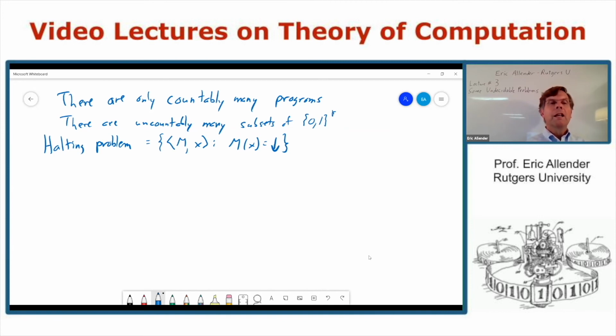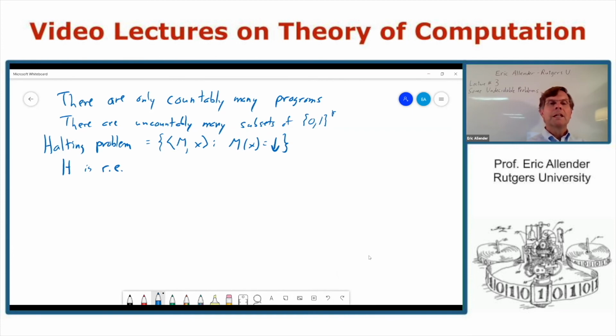So I will claim that the halting problem, let's just call it H, is recursively enumerable. It's Turing acceptable. Why is that? Well, you take as input M and X, you run, using our universal Turing machine, M on input X, and if that computation ever halts, then you go to an accepting state, and otherwise, of course, if it doesn't halt, there's nothing to worry about. You will never halt, and in particular, you will never accept. So it's definitely Turing acceptable,